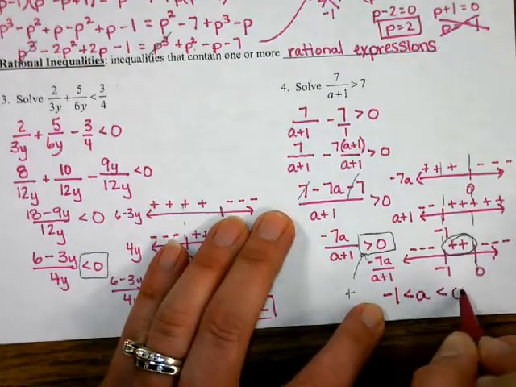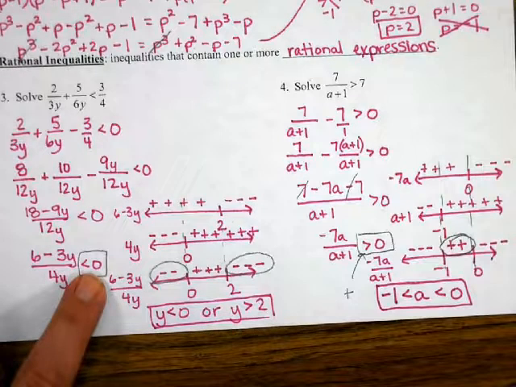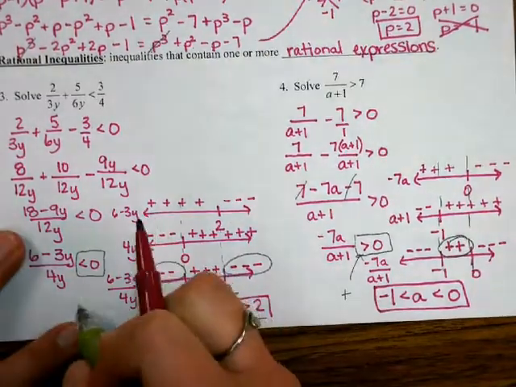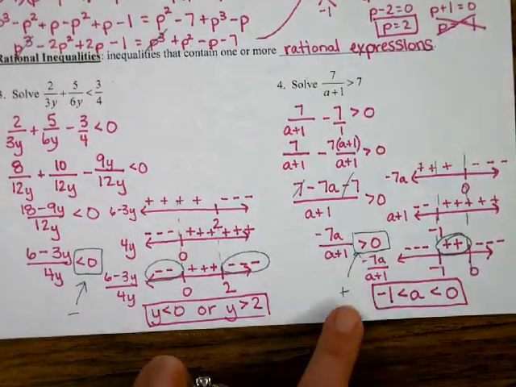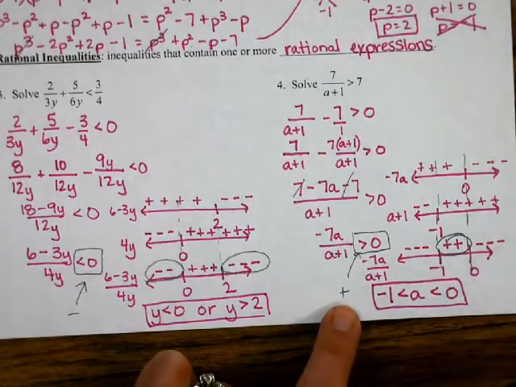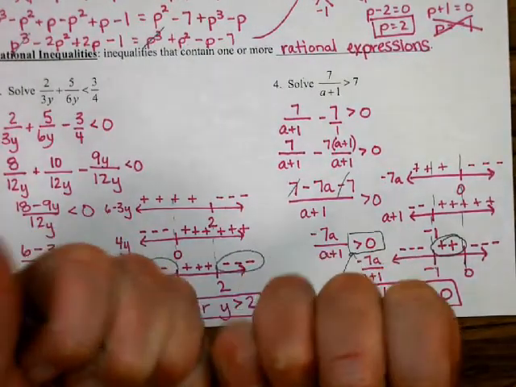Right? So if you have a less than 0, you're going to look for the negatives on your number line. If you have a greater than 0, you're going to look for the positives on your number line. Remember, if it's the 2 on the outside, that's an or. If it's the 1 on the inside, that's an and. So you need to write it as a compounded